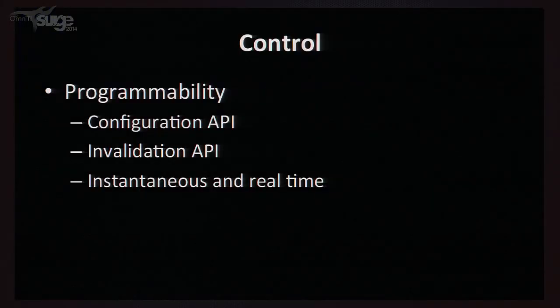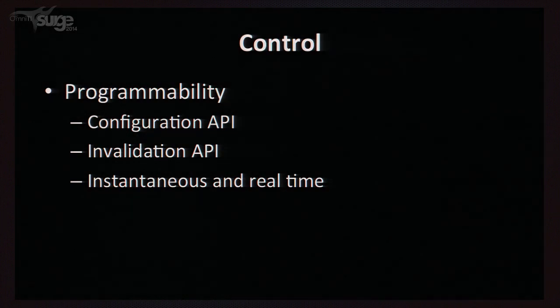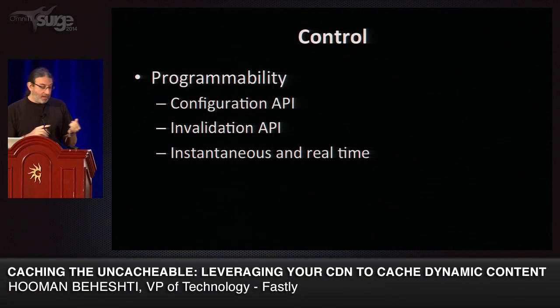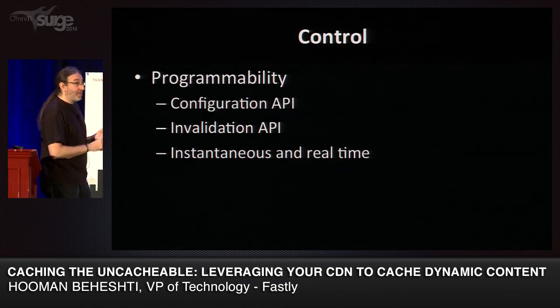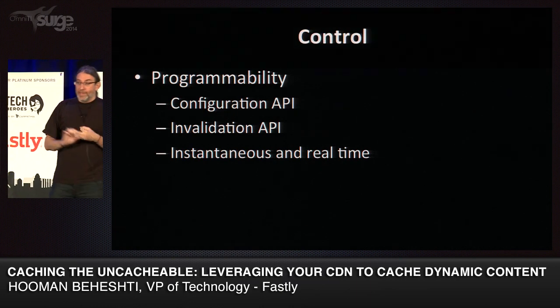What does this mean? This means, first and foremost, control. And control comes in the form of programmability. You, as a person who's writing applications and designing and architecting applications, should have full programmable control of your CDN. What does that mean? It means a configuration API. It means an invalidation API, like we talked about. And all these things have to be instant and real time. In case that's not clear,